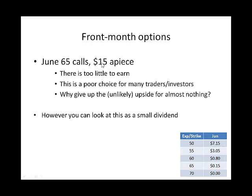And besides, next week, if the stock has rallied from 57 to maybe 61, then you'll be able to sell this for maybe 40 cents. And at that point, you may decide you want to do it with 2 weeks to expiration. You may decide that $40 is enough. I don't know where your head will be, what you'll be thinking, but $15 right now